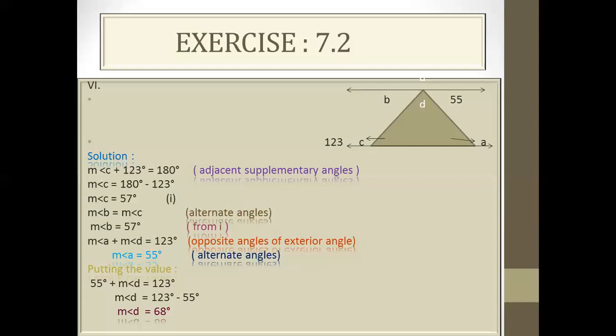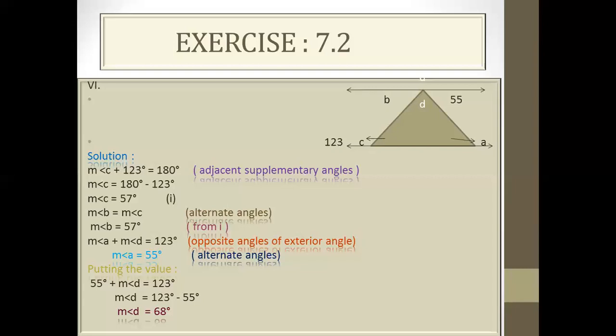Same, you see A and 55. Which type of angles are they? The same condition that B and C have. They are alternate angles. So the measurement of angle A will be 55 because they both are alternate angles. Which angle is left now? D. Angle D is left. And you see if we add B, D and 55, if we add these three angles, we will get the value of angle D, and the sum of these angles is 180 degrees.